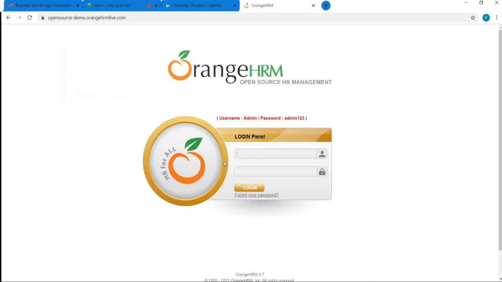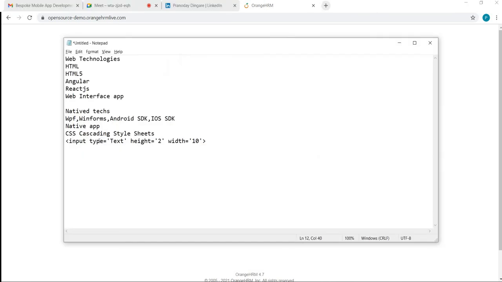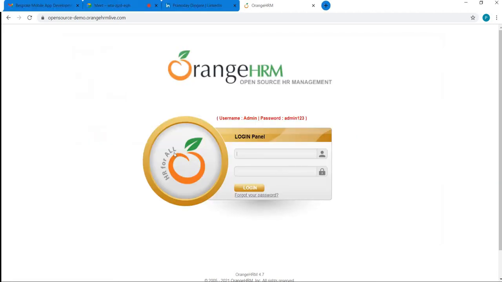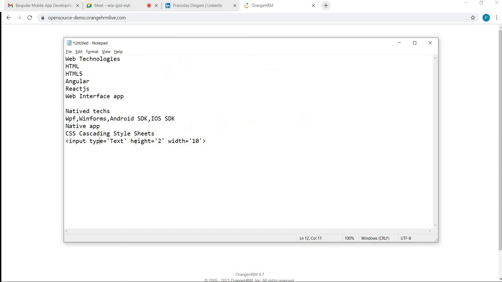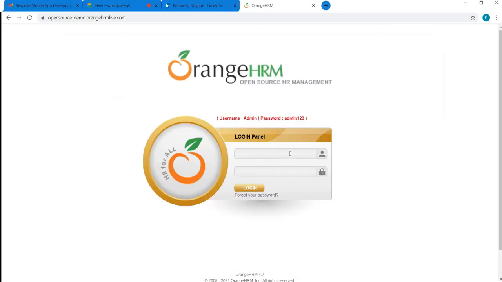So this control will get the height and width according to the property set. These are called attributes or properties, you can call it anything. So the attribute type is text, that makes this control a text box control, and height and width attributes define the dimension of that control.